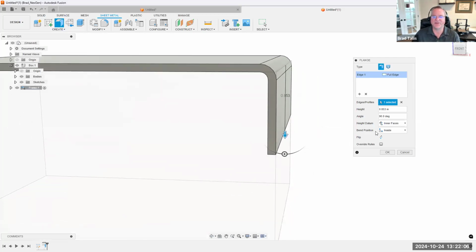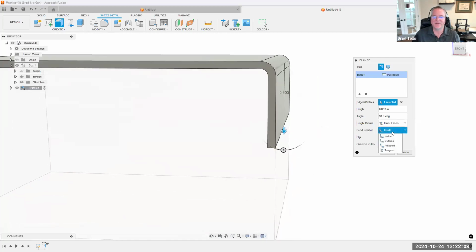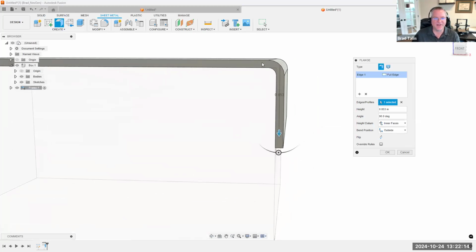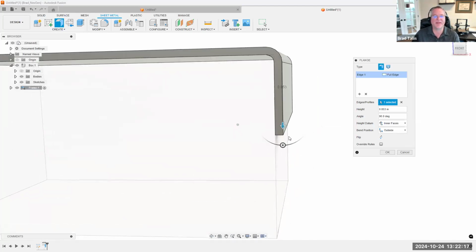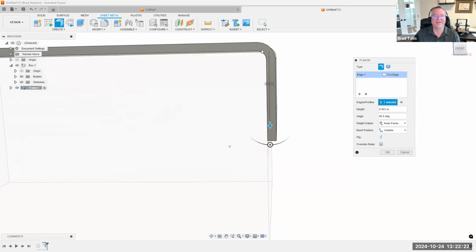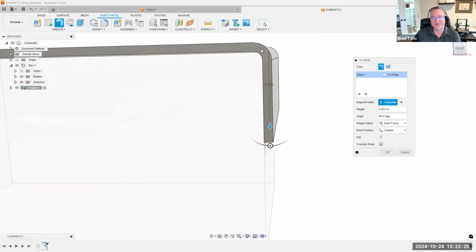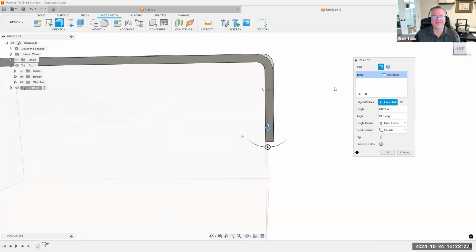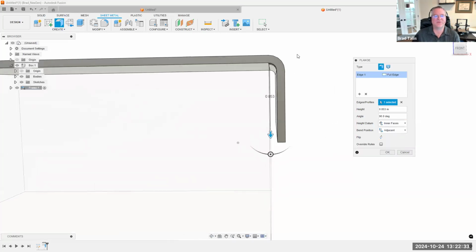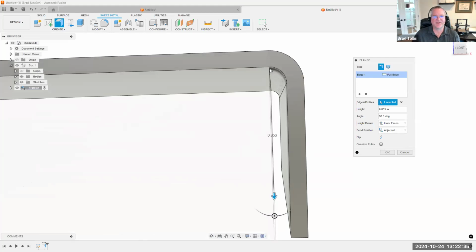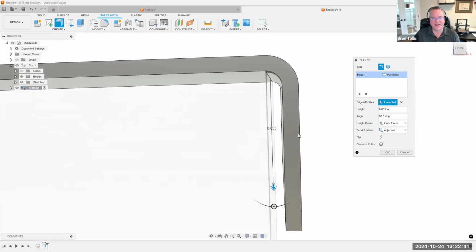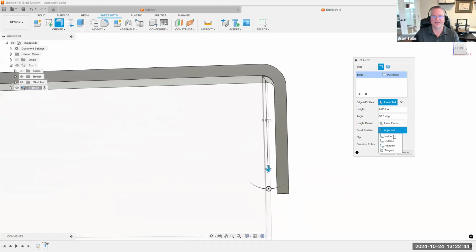And notice the bend position says inside. So if I click on this and say outside, you can now see that it's basically giving it a little bit more material and then coming down and bending, and it's bending outside the box. However, it's a sharp cornered box. It would intersect with this material here. So let's change it from outside to adjacent. And now you'll notice what it's basically doing is starting the bend right on that edge, adjacent to that edge, and then it's creating its bend. Okay, so inside,